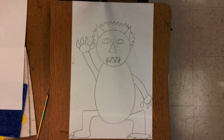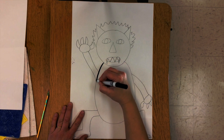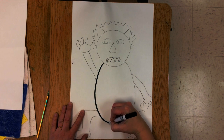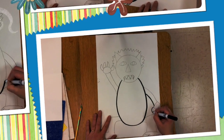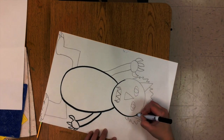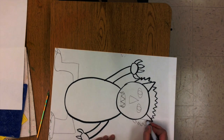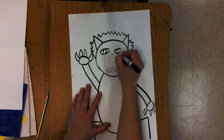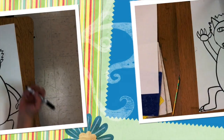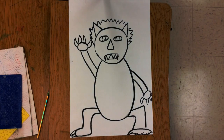And then when you're done adding your extra details, you're going to get a black marker and you're going to trace your wild thing. Very carefully trace over your pencil lines with a black marker. Now, when you've got it all traced like this, we're going to do a really fun part, and that is